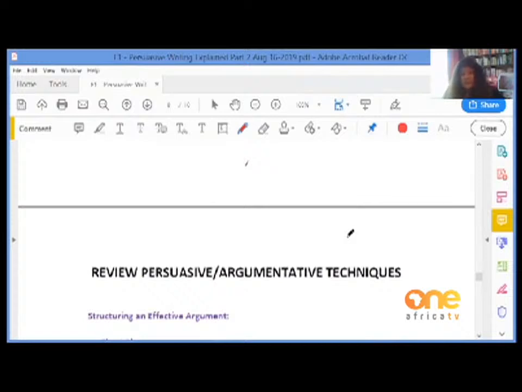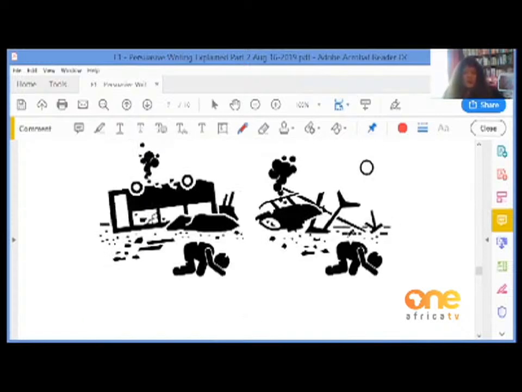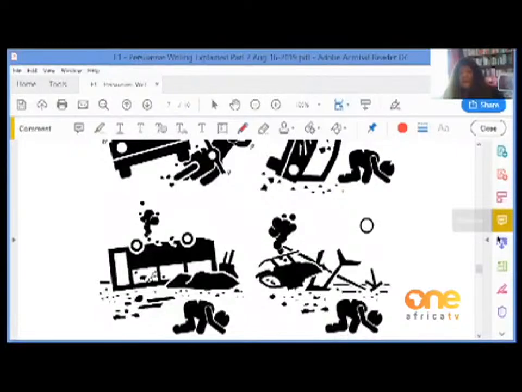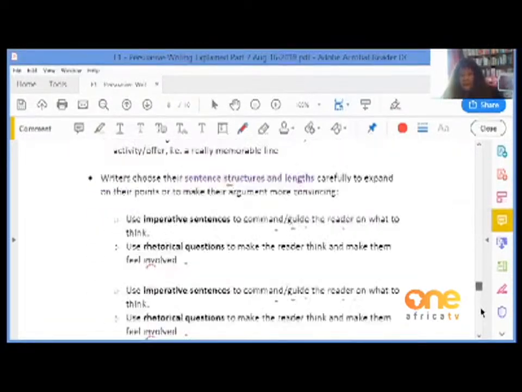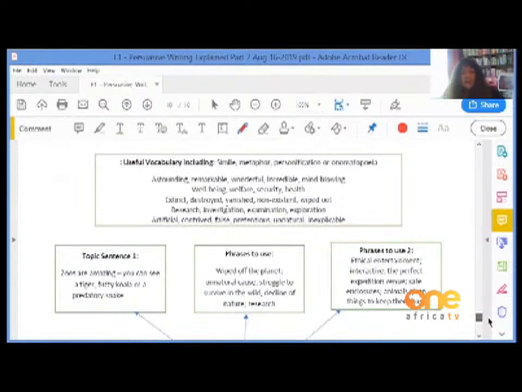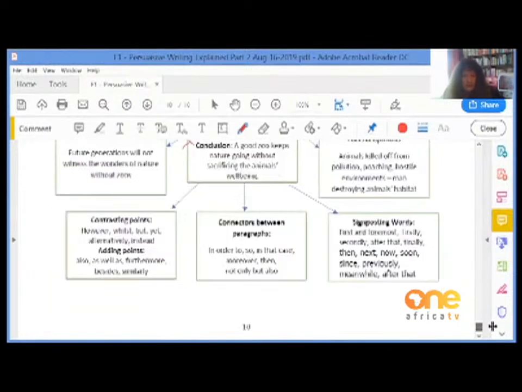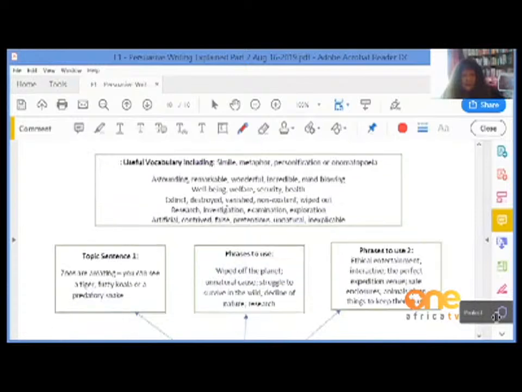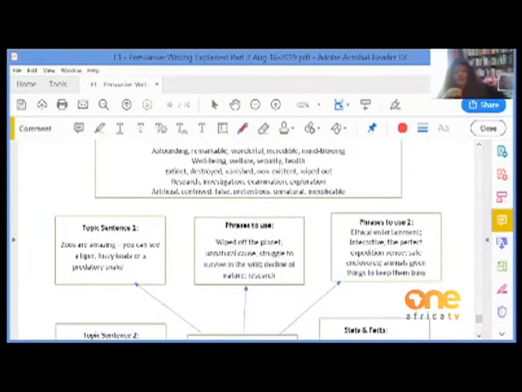Right. So I hope that helped a little bit to show you how to write a persuasive essay. And I hope you remember the plan, because you should all be making your spider diagram or plan for an essay like this. Because in that way, you've got everything at your fingertips. You don't need to think anymore. Once you've done your original thinking, getting all your words, finding out a synonym